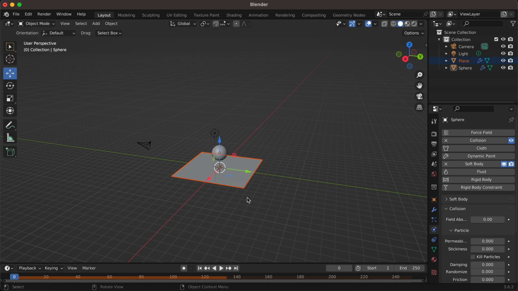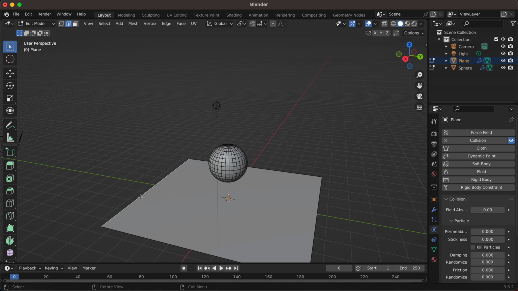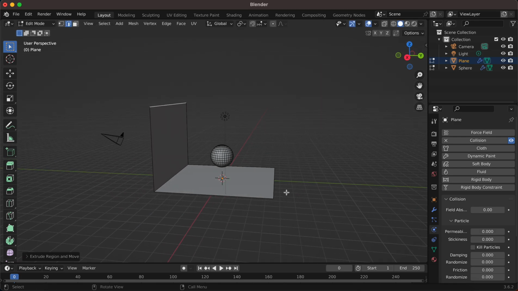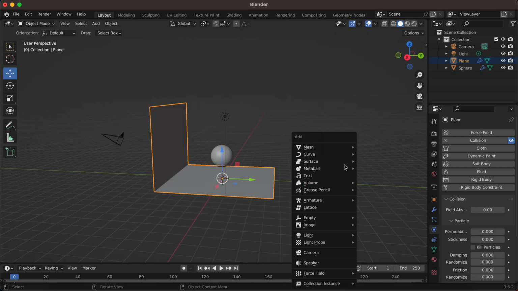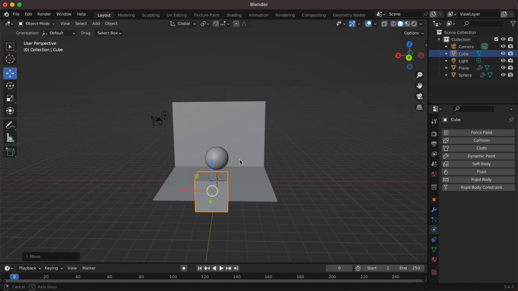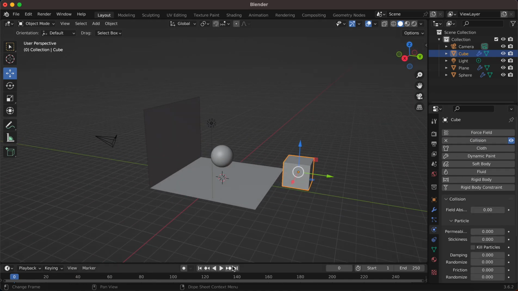Let's change this. Maybe I can make a wall here and pull this up. And maybe I can make another cube, and I'll put a collision on that. So